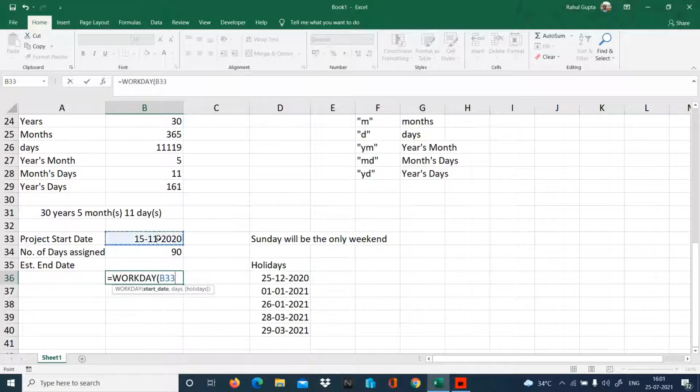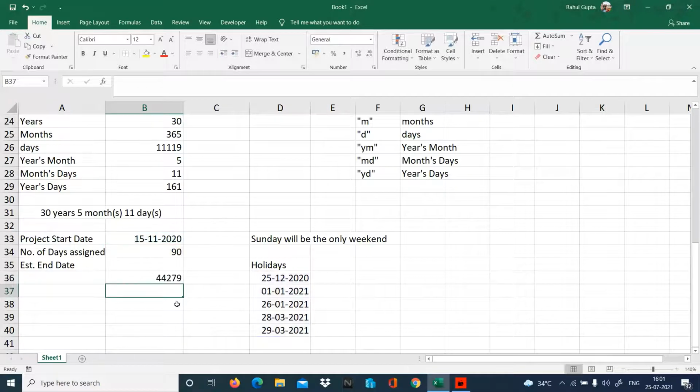So here we have start date, comma, number of days, comma, holidays, and enter. So again some value, so I'll just use format painter and click on this.